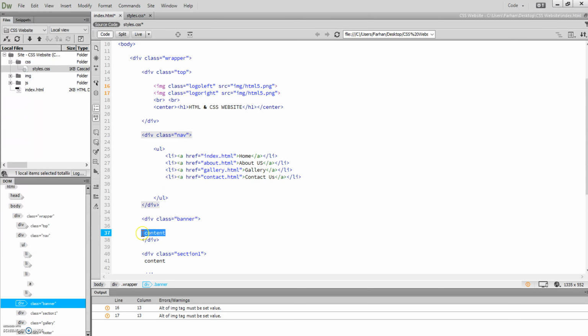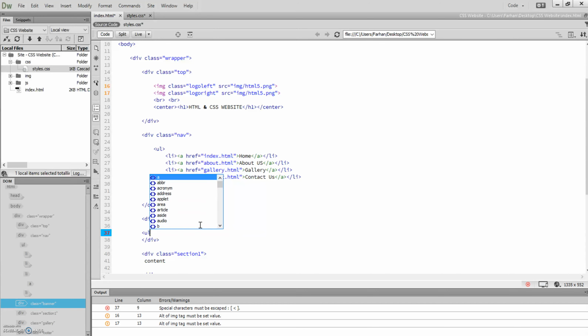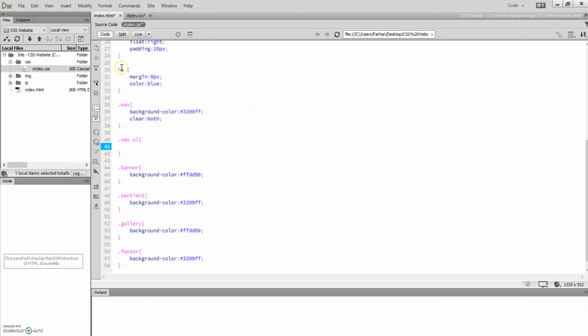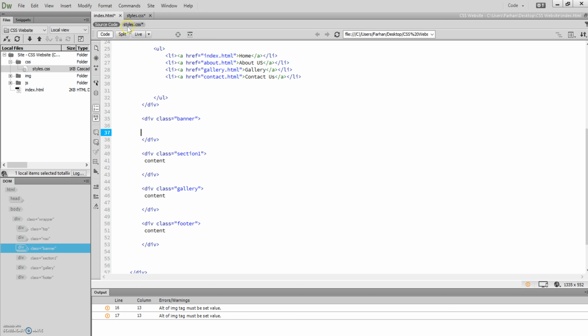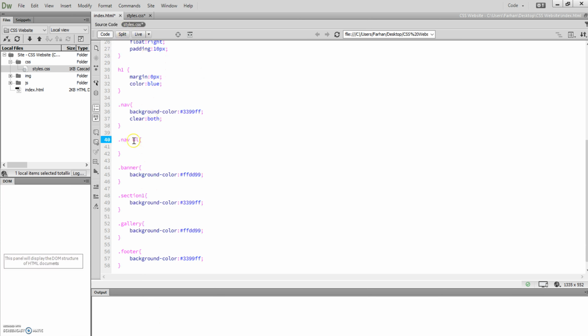Now if I didn't do .nav ul, and if I had a ul, an unordered list, inside this tab, it'll target both of them. So meaning any changes you make to that ul, it will do it for both of these, but we only want to target the one inside the banner. So therefore we do nav and then ul because we want to target the ul in the navigation div and no other ul. Okay, nav ul, and then the properties we're going to put in there is